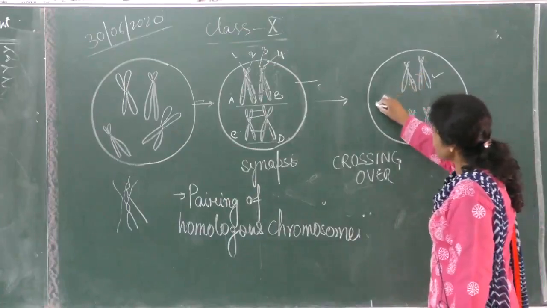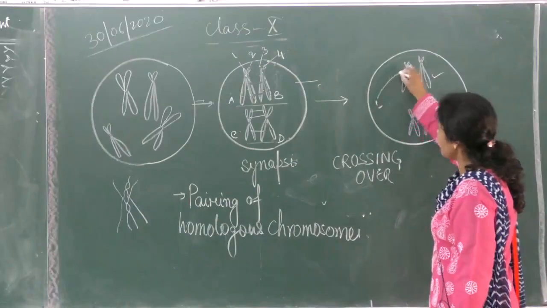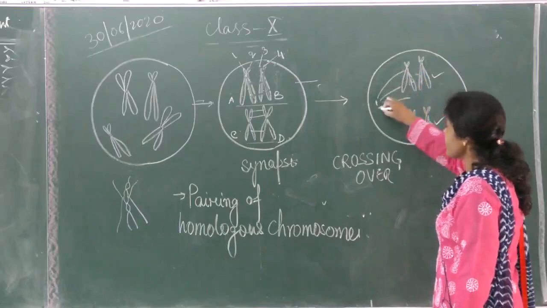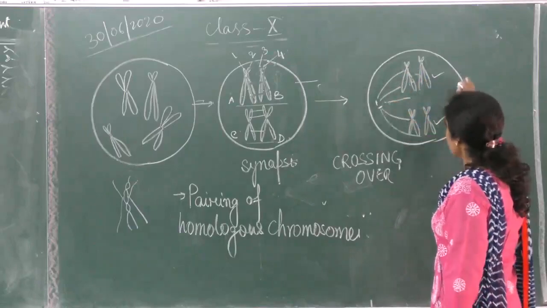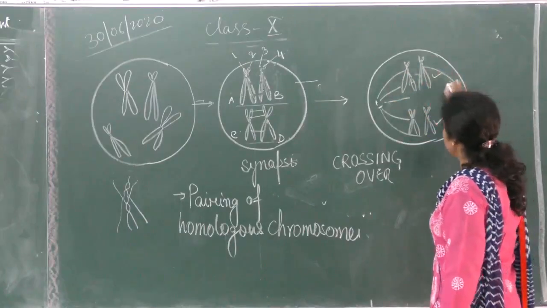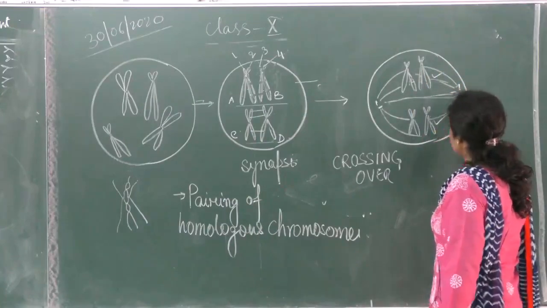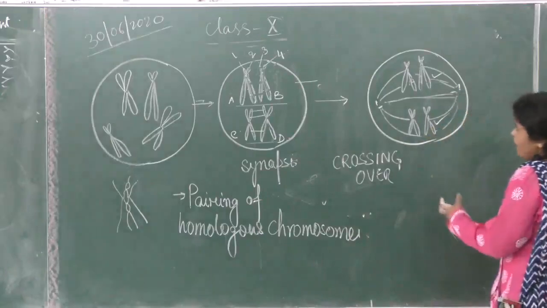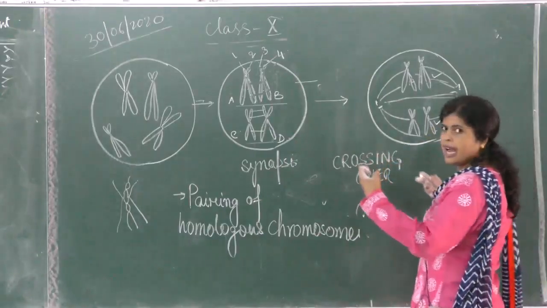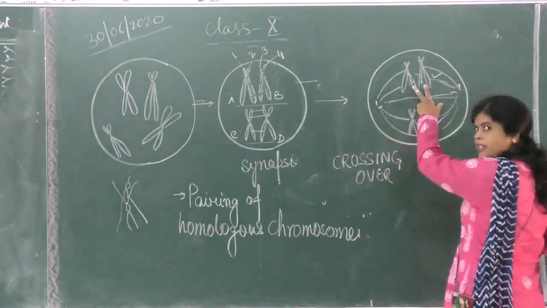You know, spindle fibers we have not done. We don't have to do. The same thing happens. Is it all right? The same thing happens. Spindle fibers. If it is a plant cell, then you know there will be spindle fibers. All right. Now what will happen? The spindle fibers contract. Exchange has taken place.